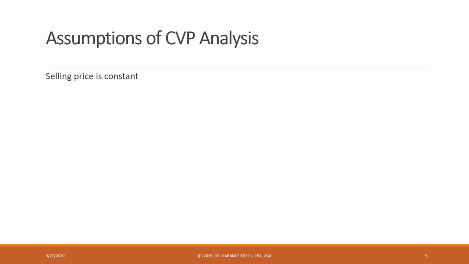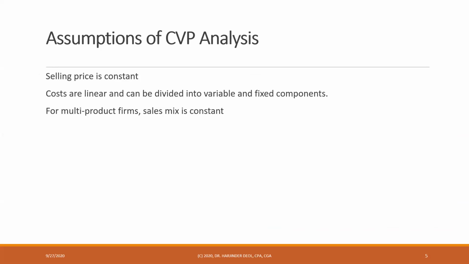So some of the assumptions that the CVP analysis is based on is that your selling price will always be constant. Your costs are linear and they can be divided into variable and fixed components. If we have multiple product mix, then the sales mix will remain constant. Okay, so if you're selling two pans together, a bigger size and a smaller size, then your product mix will